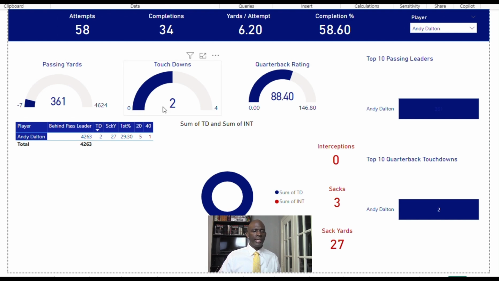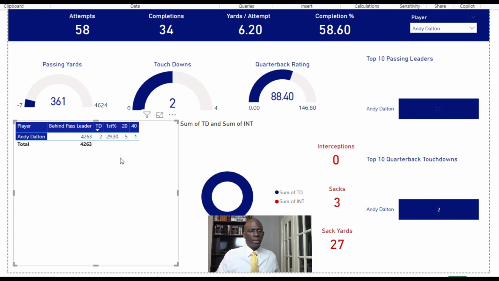Passer rating. He had 2 touchdowns, 27 sack yards, and why didn't that sack... Oh yeah, I didn't take it out on this page. Take the sack yards out. 2 touchdowns, 29.3 first percentages, 520 yard passes, 140 yard pass. He had 0 interceptions, 3 sacks, 27 sack yards. And he had a quarterback rating of